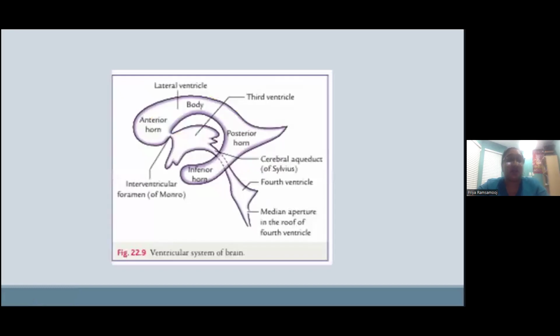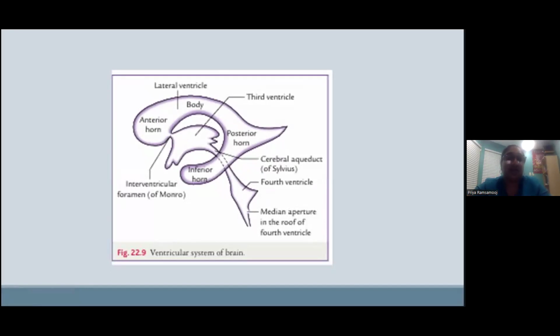So this is an overview of the ventricular system of the brain. We know the brain contains the 4 ventricles, which would be the 2 lateral ventricles that we're seeing here, a third ventricle, and a fourth ventricle. And we know that the 2 lateral ventricles communicate with the third via the interventricular foramen of Monro, and then the